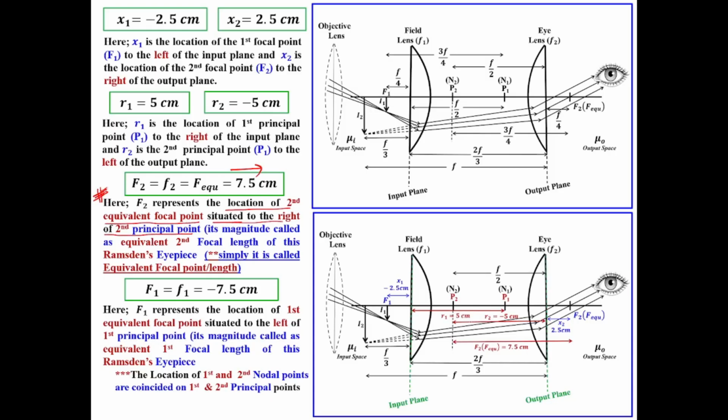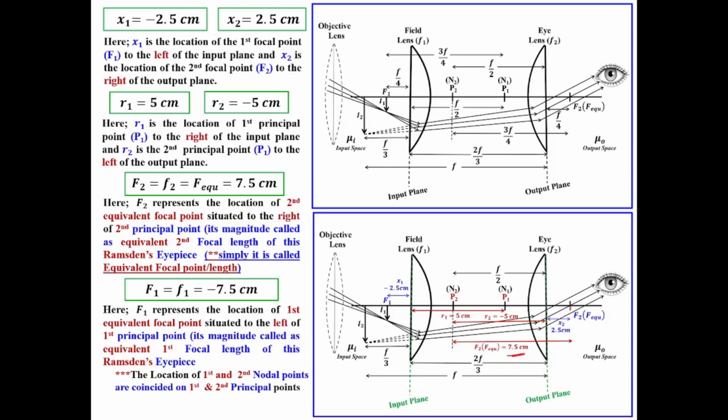How much distance? This is the second principal point, this one. We have to move 7.5. See, this distance is your 5, this distance is your 2.5, obviously this to this distance is your 7.5. This is the so-called location of F2 from the second principal point. How much distance do we have to move towards right? 7.5